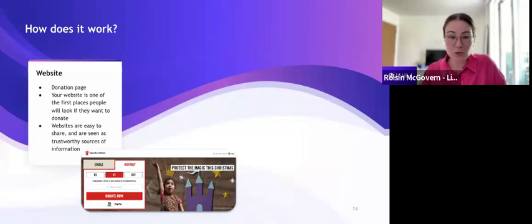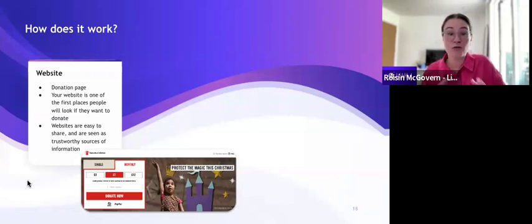You also want to make sure you're optimizing navigation. So this is something I've already mentioned, but it's so important that your donation page is really easy to find. And this is something that Jasmine will talk more about later. But a few examples here, you can see where the donate button is really visible. It's really obvious within menu bars, and it stands out from other call to actions as well.